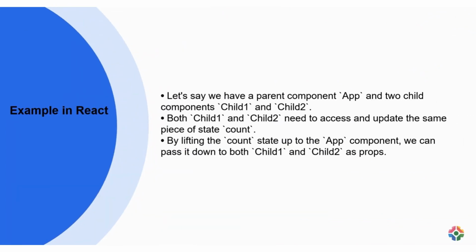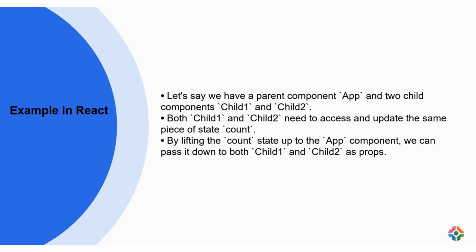To facilitate shared state management between Child 1 and Child 2, the count state can be elevated to the parent app component in React. This way, app can pass down the count state as a prop to both Child 1 and Child 2, ensuring they access and update the same state value consistently. This approach guarantees synchronized state management across components and facilitates seamless communication and interaction between Child 1 and Child 2